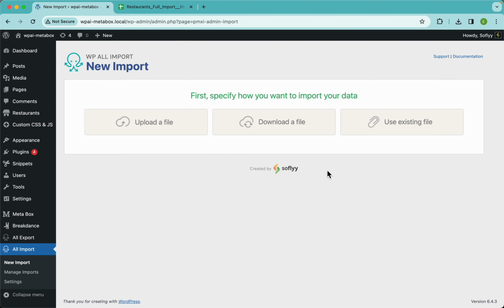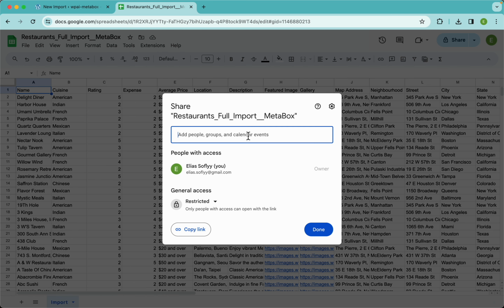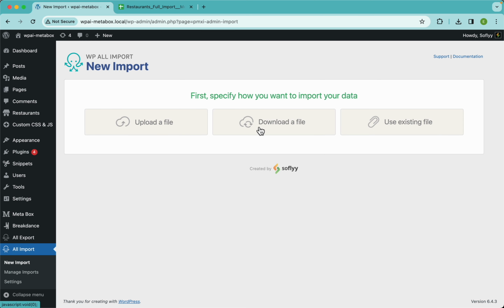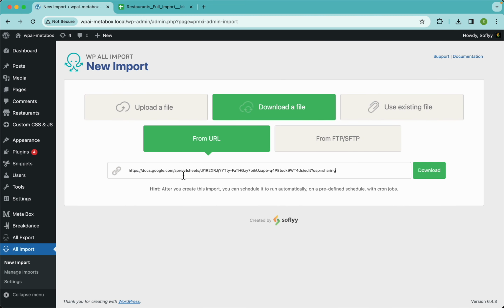Now guys, to get started, let's go to Google Sheets so we can get our file. Let's click on the share button, and change the general access from restricted to anyone with the link. Now I'm going to click on the copy link button, and go back to WPL import, where we're going to select download a file from URL, paste our URL here, download that file, and WPL import will fetch